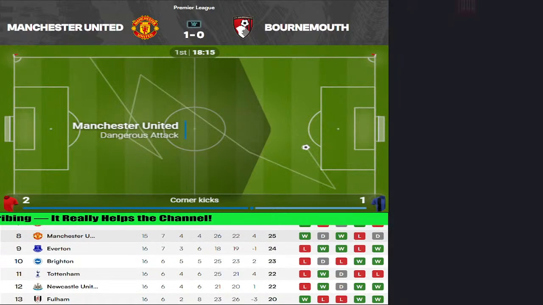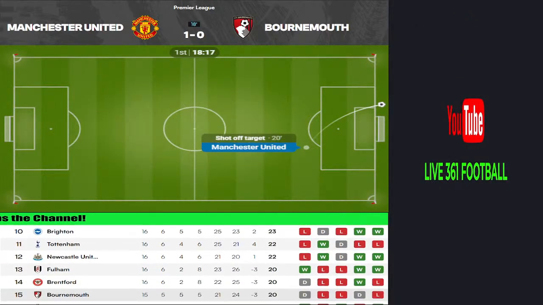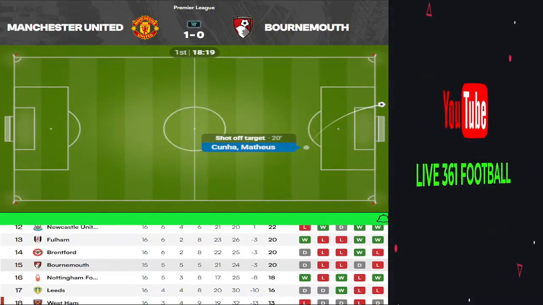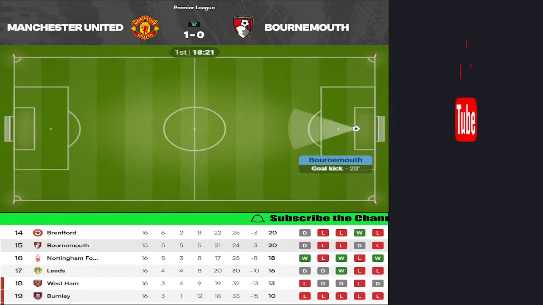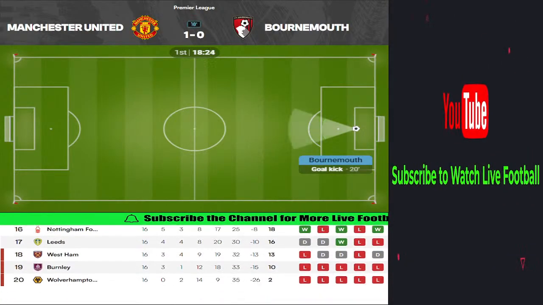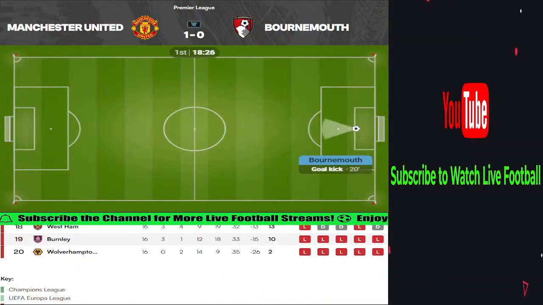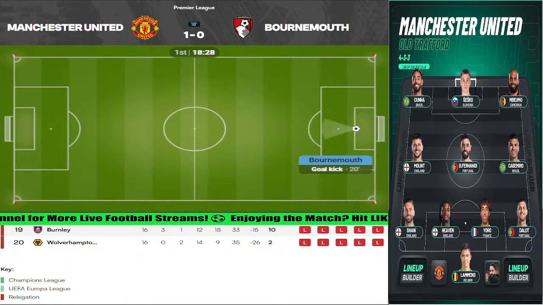So far in this game, United with 8 shots, 2 on target, 10 touches in the opposition box, and 56% of possession. It's been dominance from them so far in the opening 18.5 minutes here. Manchester United 1, Bournemouth 0, courtesy of